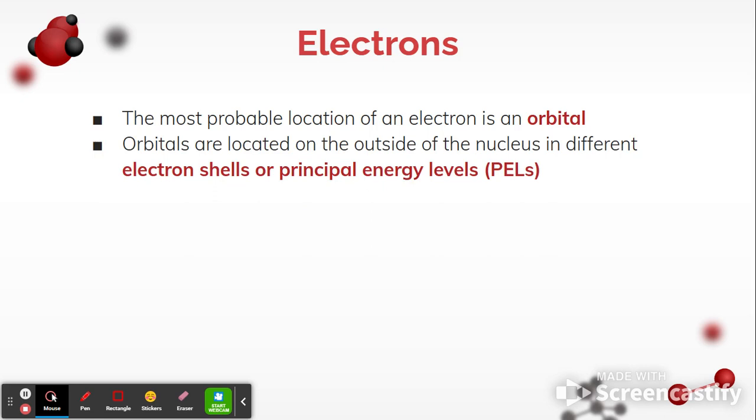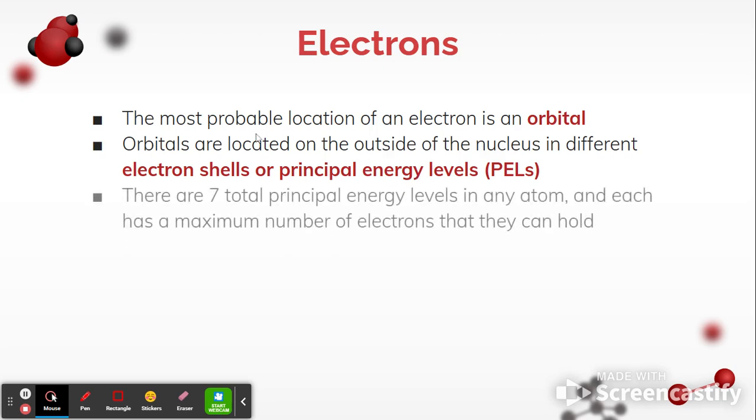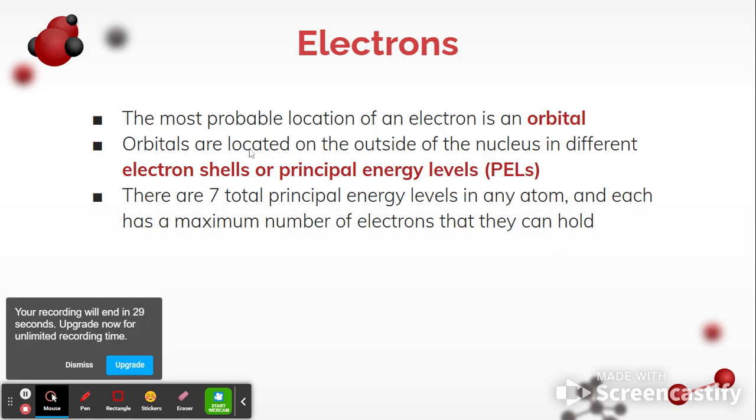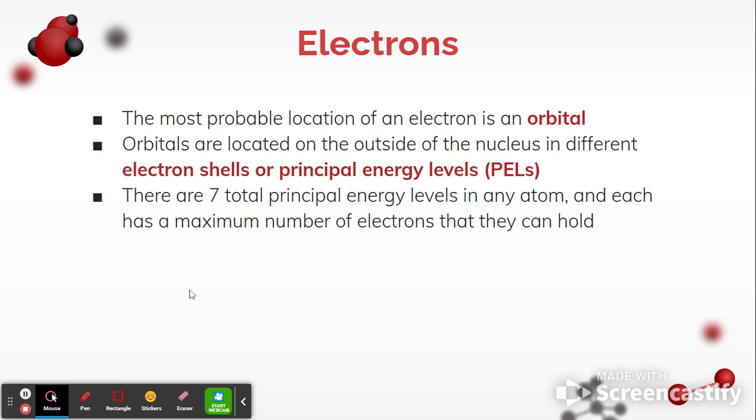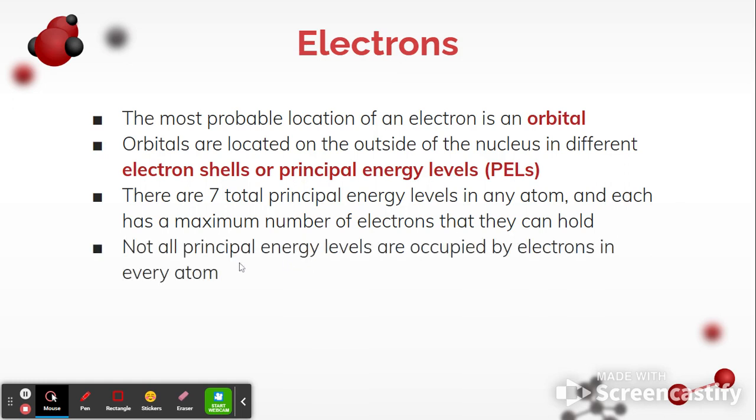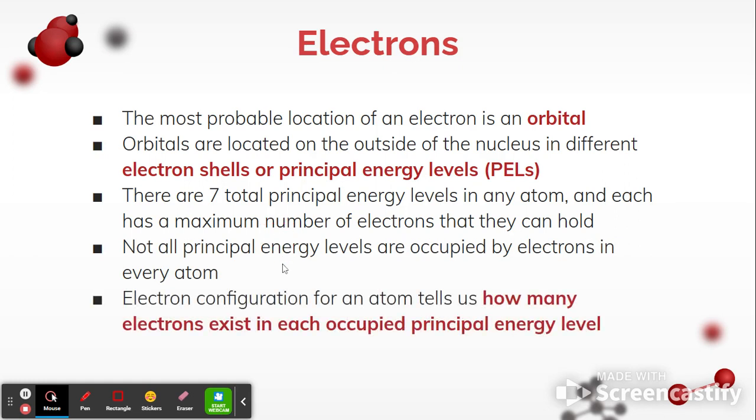Orbitals are always located on the outside of the nucleus of an atom in principal energy levels. All atoms have 7 total principal energy levels, though that's not necessarily the number of occupied principal energy levels. Not all PELs are occupied in an atom. Electron configuration tells us how many electrons exist